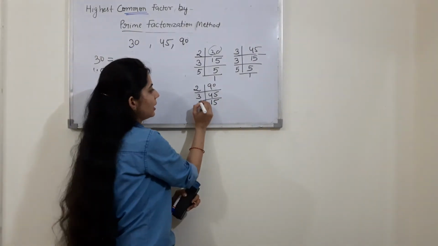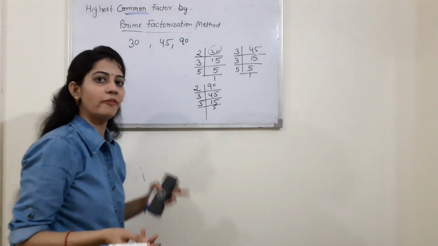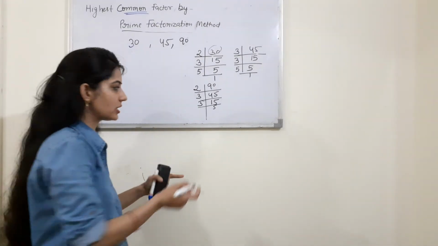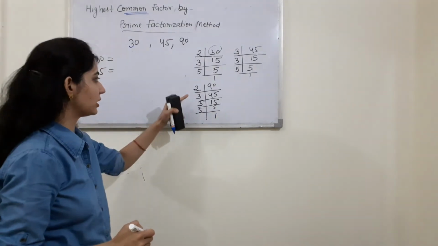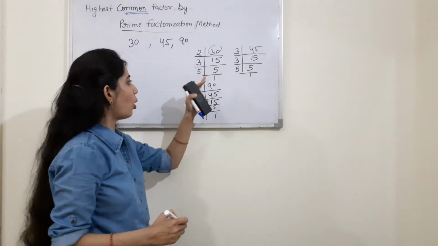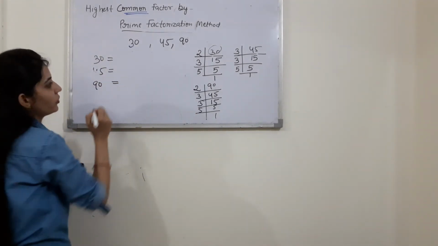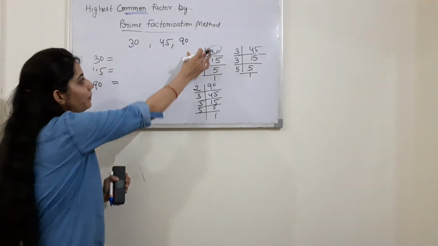Then 5 is the number, so it will divide by 5 itself, right? So what are the prime factors of the number 90? So now we will write the numbers